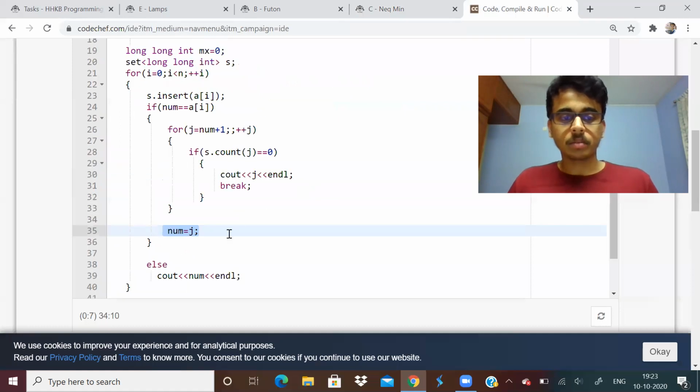But the most important point is it is not going to be O of n square. It is rather going to have some kind of logarithmic time, I would say. It is not going to start with 0. Don't start checking with 0 again. Start checking from the previously updated value, that is, where you stopped checking. From there you start checking. So this is the solution to problem C.